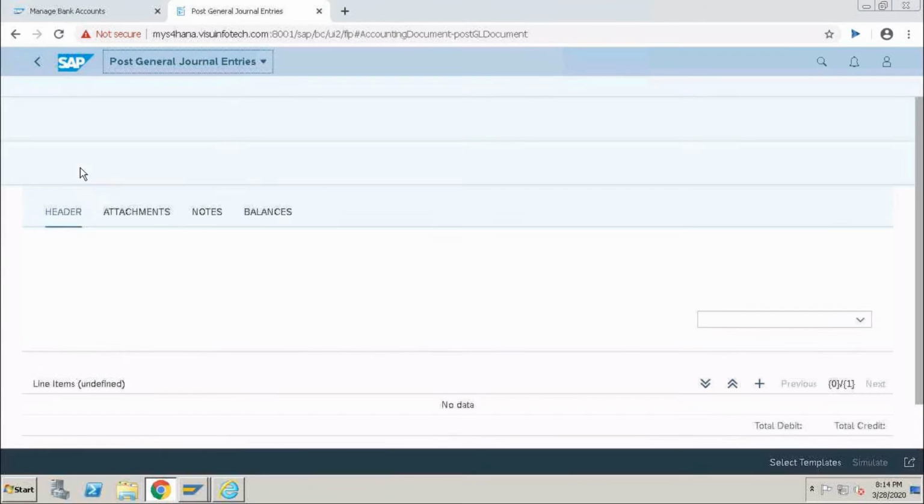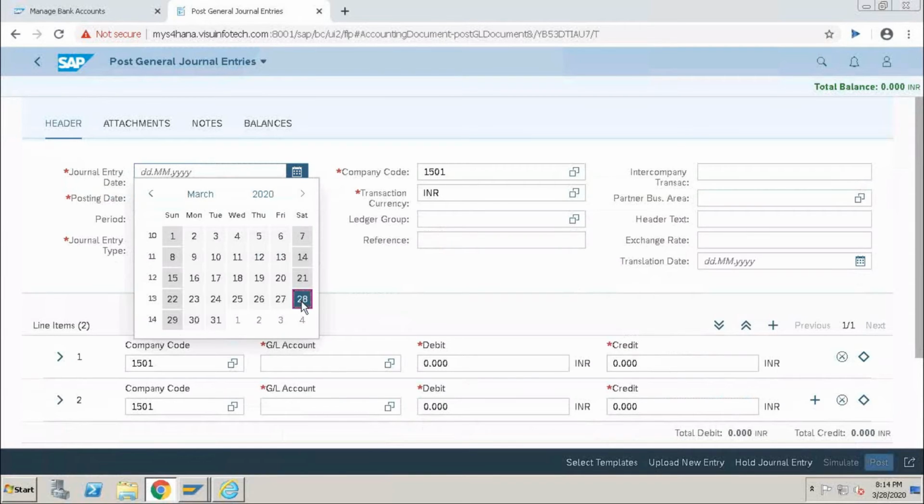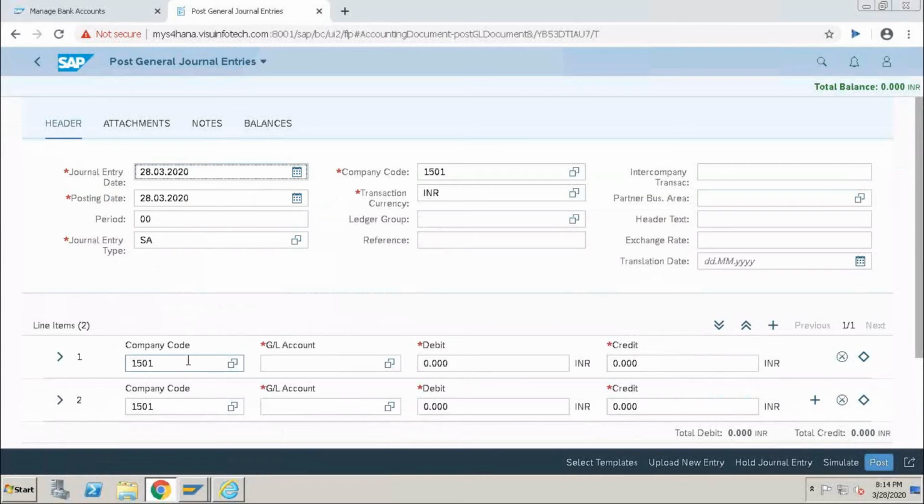here, like document date, see here company code 1501. I enter debit GL account, debit amount, credit GL account, credit amount.